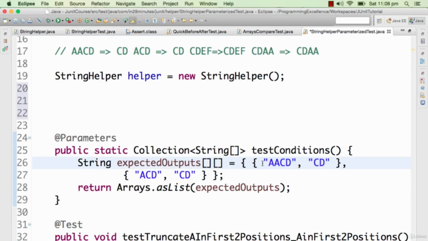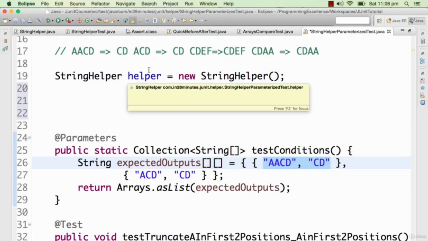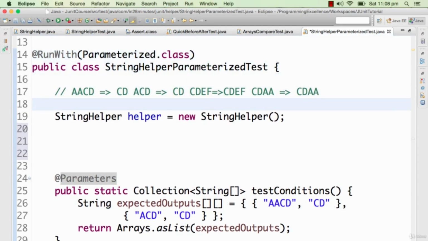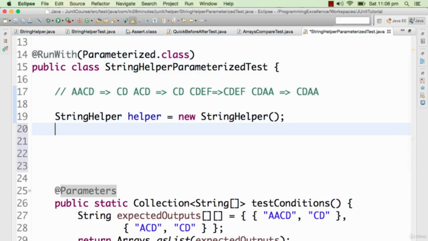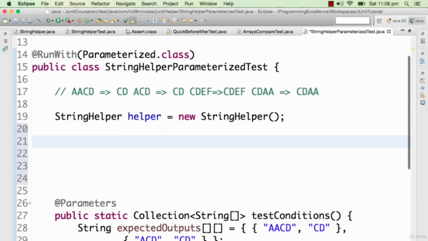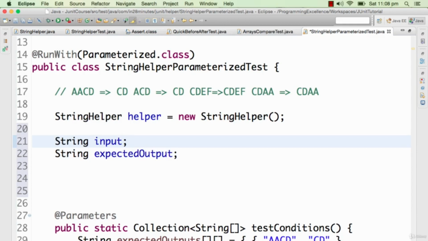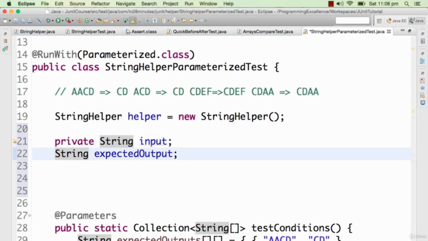The way parameterized tests work is these two things are passed as constructor arguments, and a new instance of this particular test is created. So what we'll do is we'll try to create member variables in here which would accept those values in. The first thing is String input, String expected. Those are the two variables which we need, right? To be really clear, let's make them private because we don't want them to be